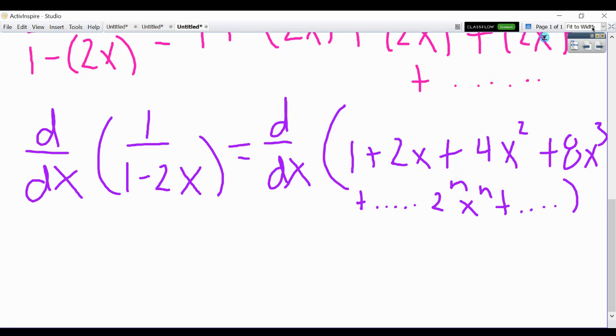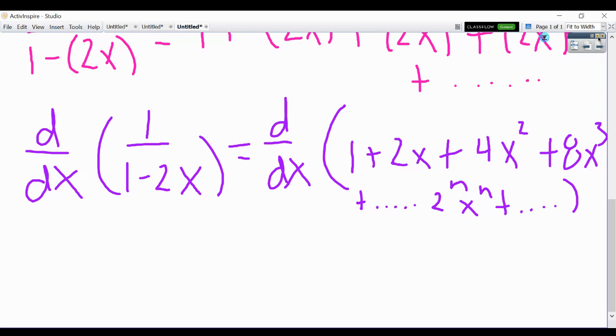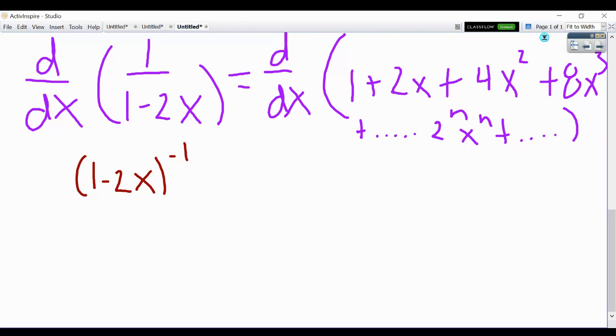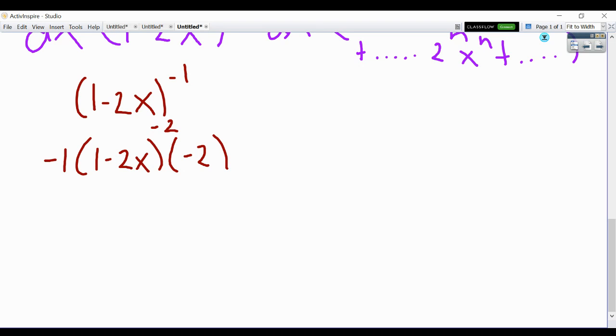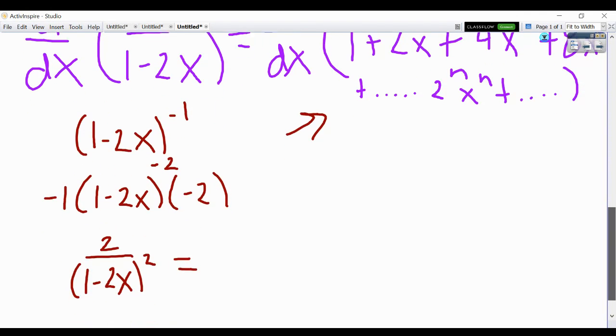All right, let's take the derivative of the left-hand side. 1 over 1 minus 2x, we can re-represent as (1 minus 2x) to the negative 1. We know how to take the derivative of that. That's going to be negative 1 times (1 minus 2x), take the derivative of the inside, which is negative 2. But let's not forget that the exponent is still negative 2 because we're subtracting off of 1. Simplify that out. That's 2 over (1 minus 2x) to the second power, equals, okay, we've got to take the derivative of this thing. The derivative of 1 is nothing. So then we get 2